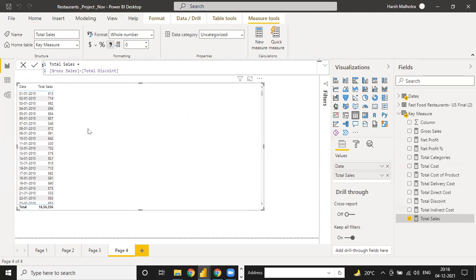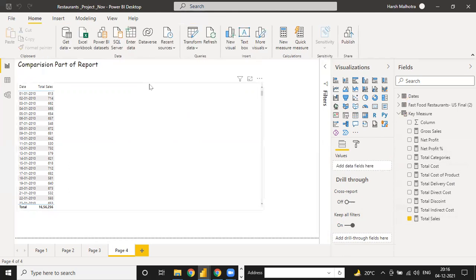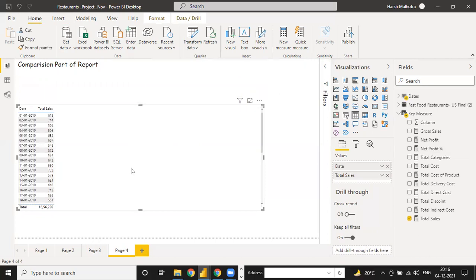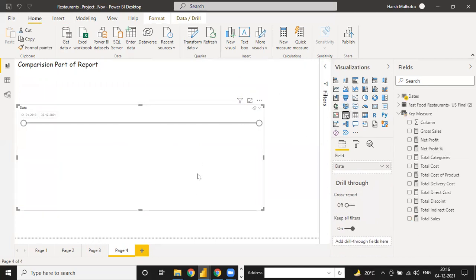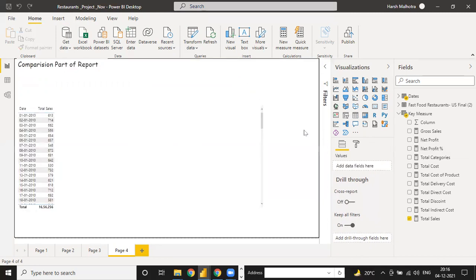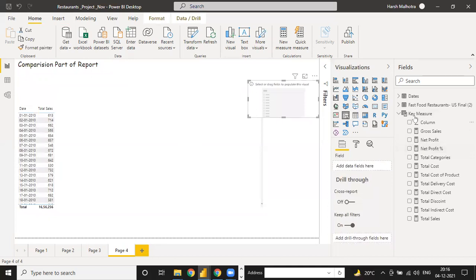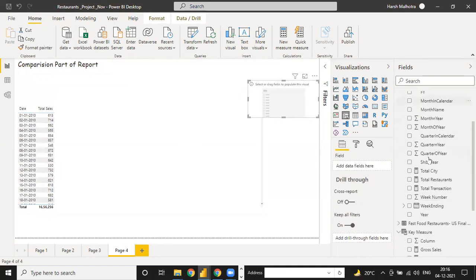So tell me, if I need last year's sales, suppose this is your complete table and I filter it. Go outside, filter it, and this time take year from the date table.